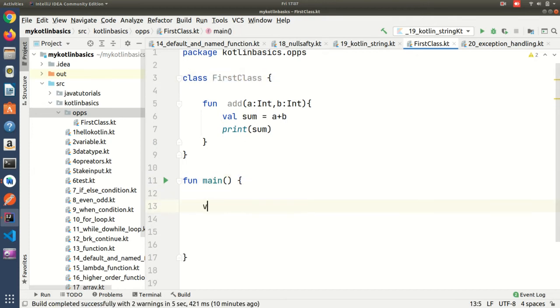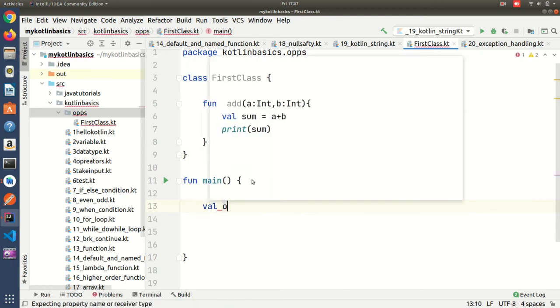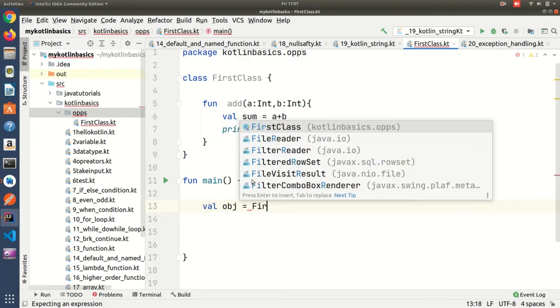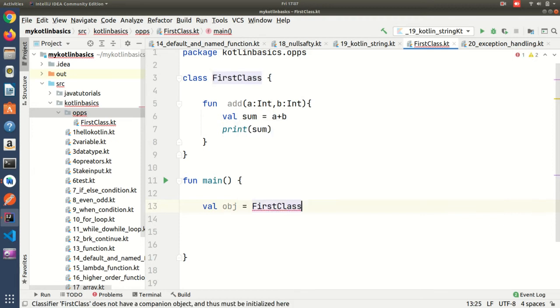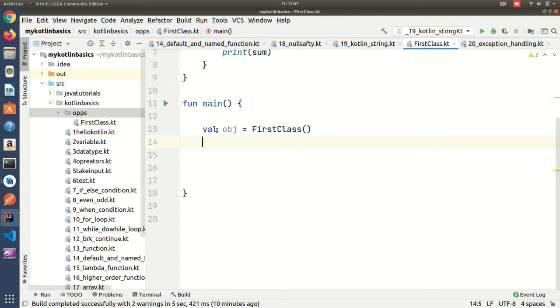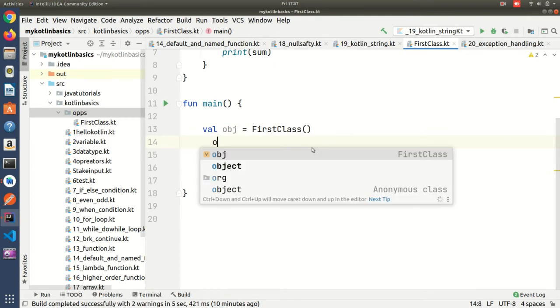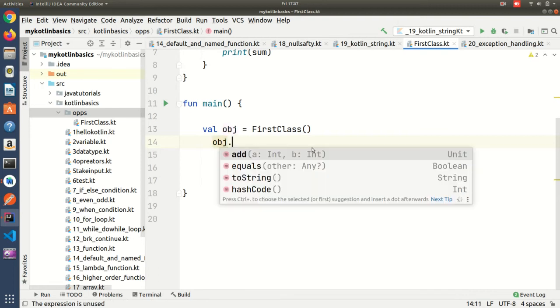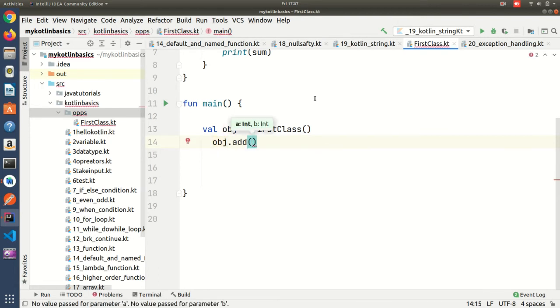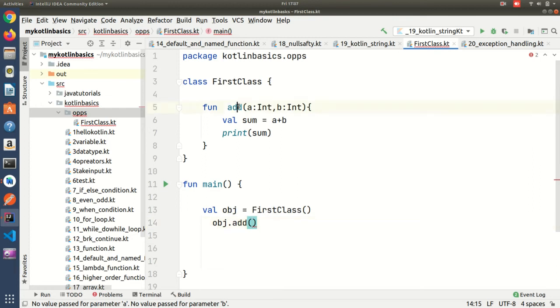In Kotlin we can take var or val, then write the name, then write the class name, first class. Okay, now you have created the object. Now you can use object dot add to access that function inside the class.